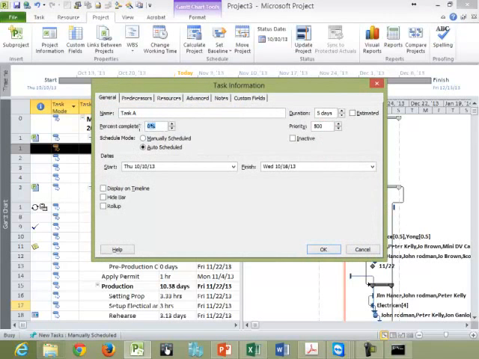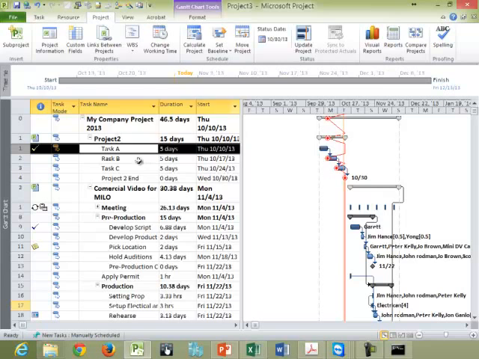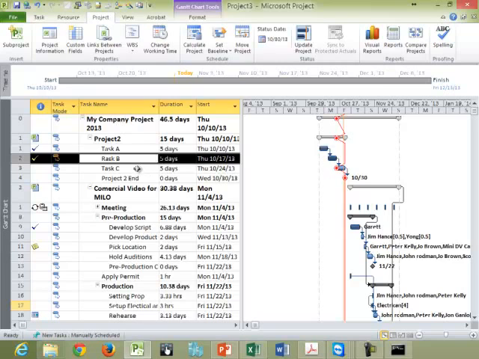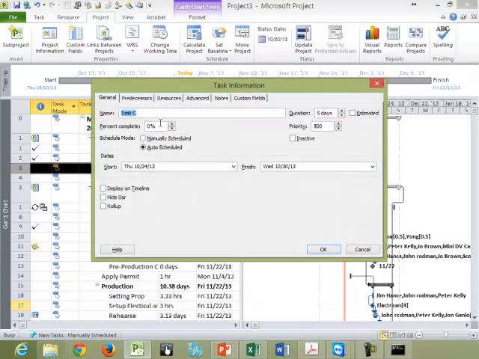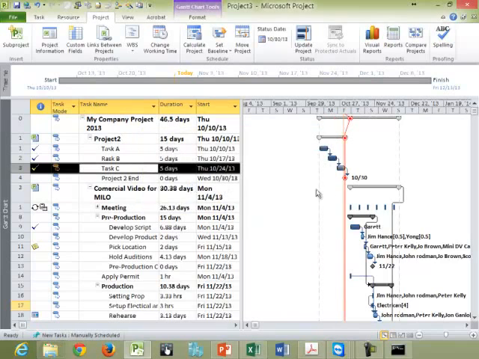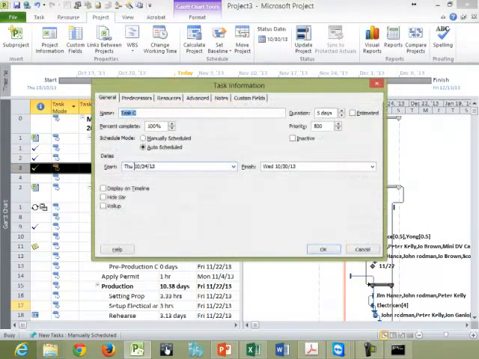Okay, so this one is still 0. If I want this one to become 100%, okay, this one is on schedule. On schedule. On schedule. So you can see that everything is completed. Okay, you can see everything is good. Okay, if anything is being delayed,